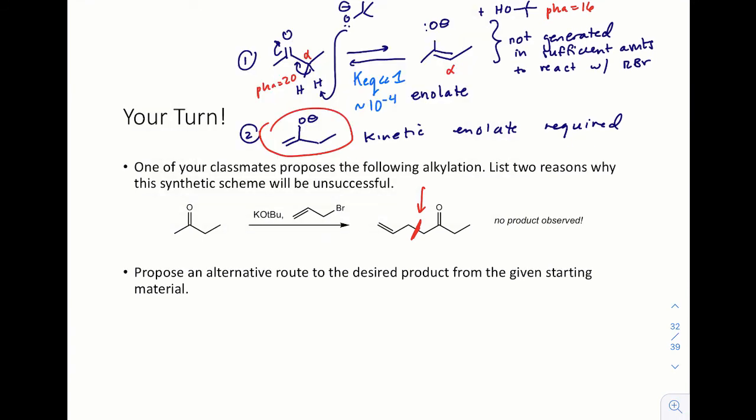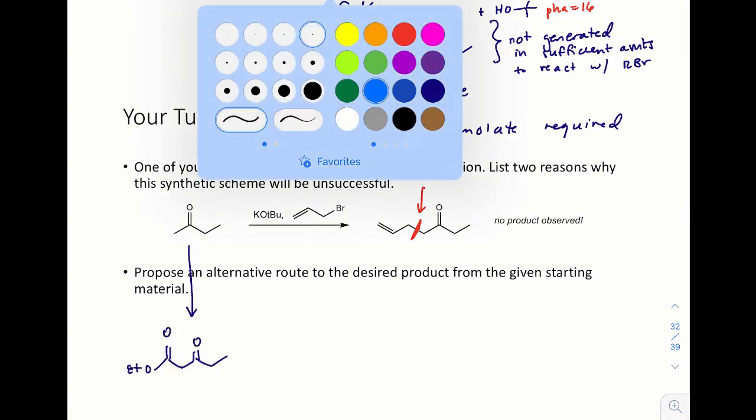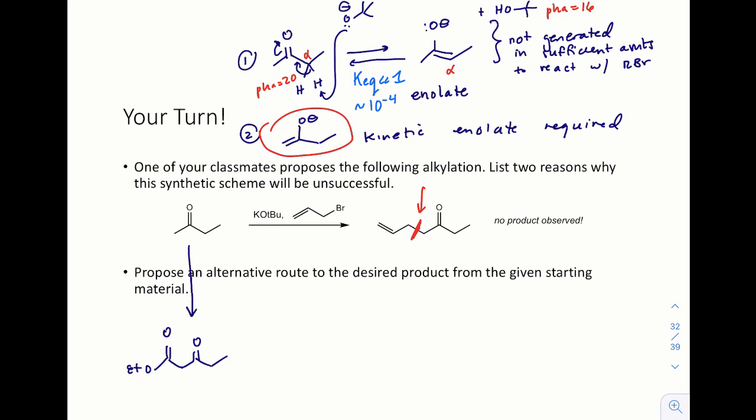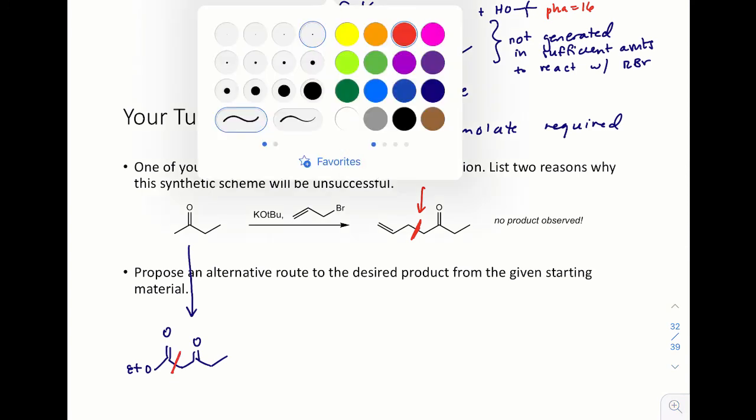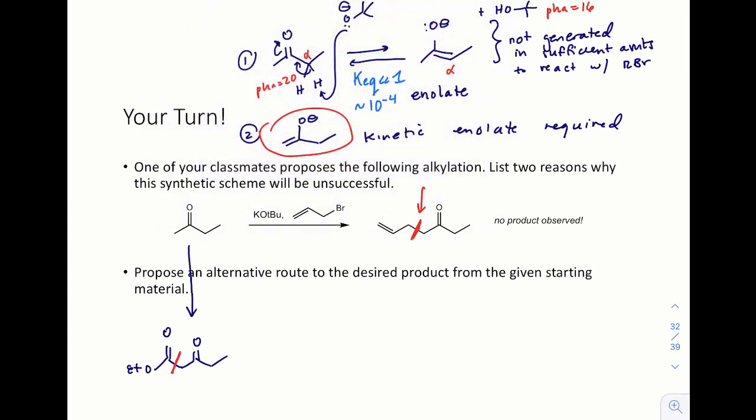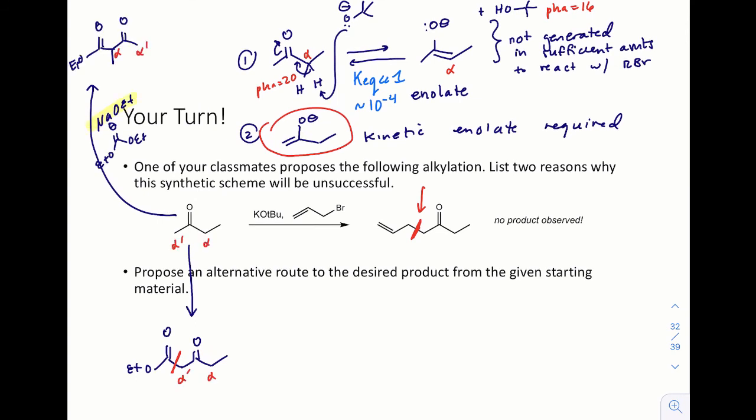So we already knew that we needed to use a Claisen scheme, so that's fine. The only tricky part is that we need to generate a beta-keto ester that looks like this. And then the choice of what the alkoxy group is doesn't matter. I'm just using methoxide or ethoxide. You needed to make the bond here in the Claisen, so that would require the kinetic enolate. And that's not what's going to happen if you just take this and you treat with sodium ethoxide and diethyl carbonate. Alkoxide bases deprotonate to make the thermodynamic enolate, so when the Claisen occurs, that carbon-carbon bond is formed,